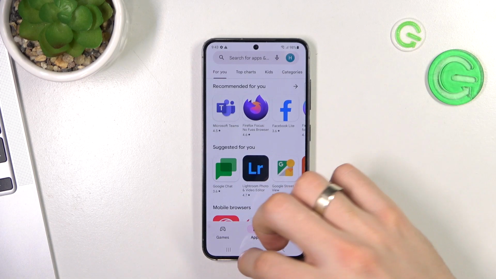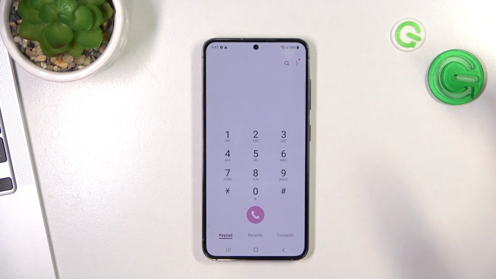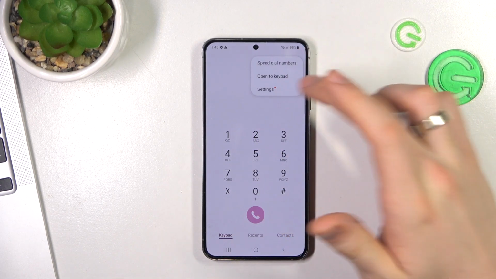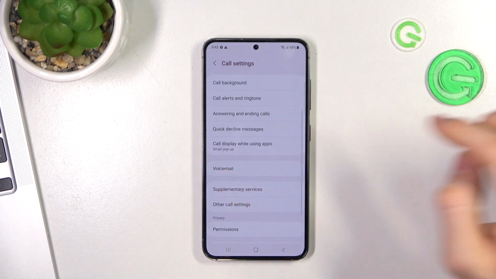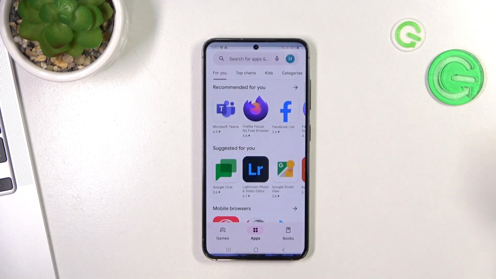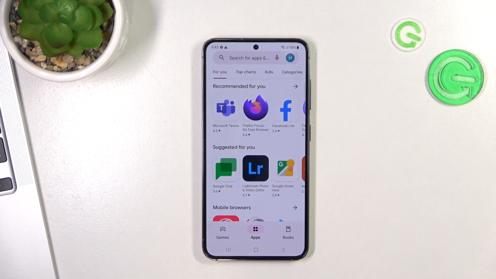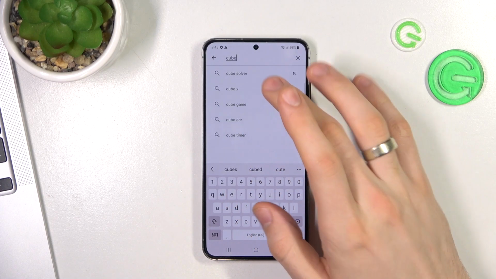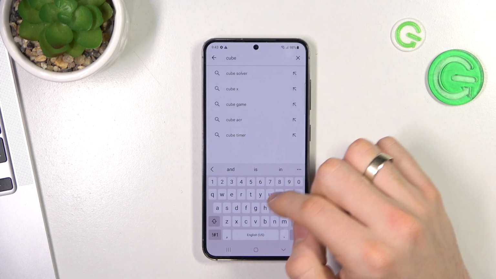in my country. Of course, if this feature is available in your country, you just need to open the phone app, click on the three dots, click settings, and here under voicemail you will see a call recording feature. But in my country it's not an available feature, so I need to install a third-party application, and I suggest you use